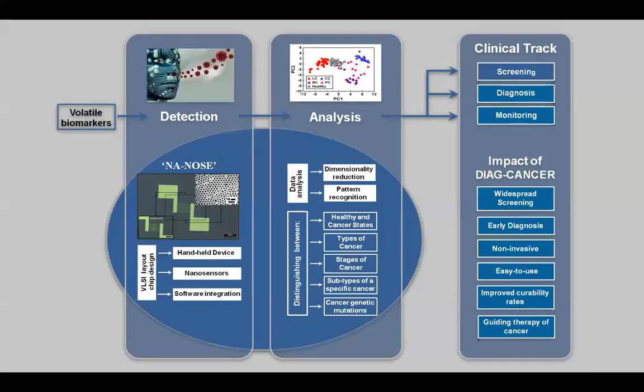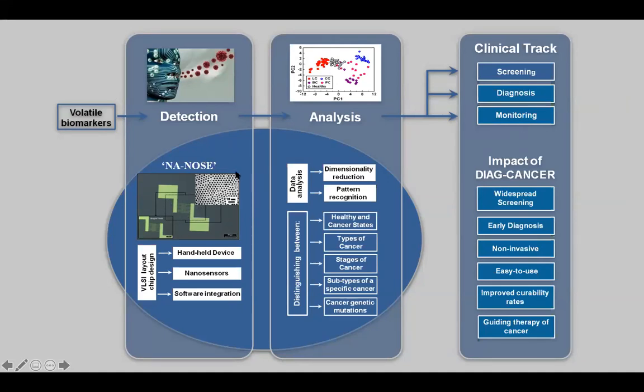But in order to bring it into practicality, we have to do 4 steps. One of these steps, of course, as I have told you earlier, is to determine what are those molecules that appear in the exhaled breath of a given disease. And this is something that we do with mass spectrometry. And based on that, we go to the lab and we design nanostructures, and we modify the surface of these nanostructures by self-assembled monomers or by a wide variety of receptors in order to increase the affinity of the biomarker, which we have found here with the